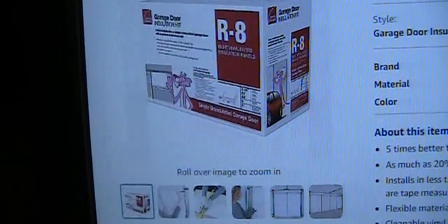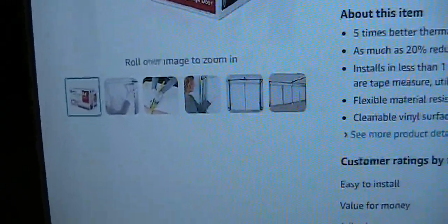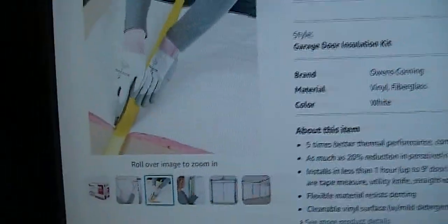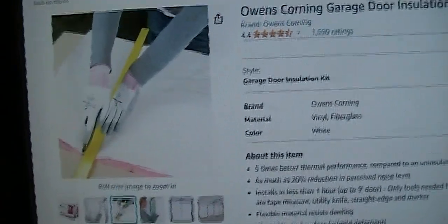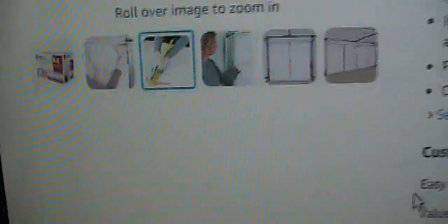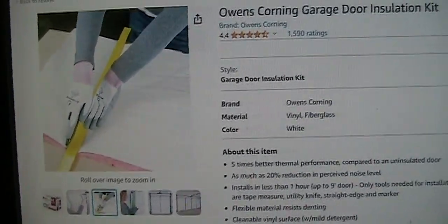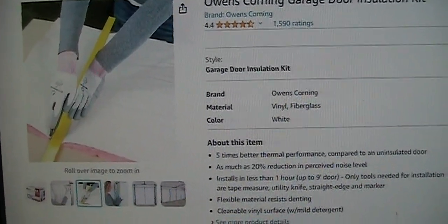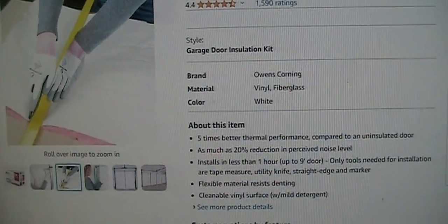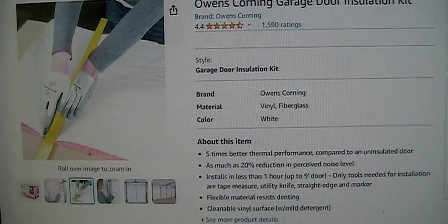So as of now, I'm going to pick this one because it is all pre-cut. It comes with the edge, so it's all pre-cut, and the R number is higher. And all I have to do is just insert it into each panel. But the problem is this one is the heaviest. It will add about 12 to 15 pounds of weight to the garage door opener. So